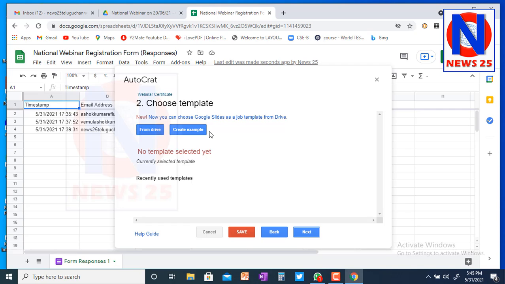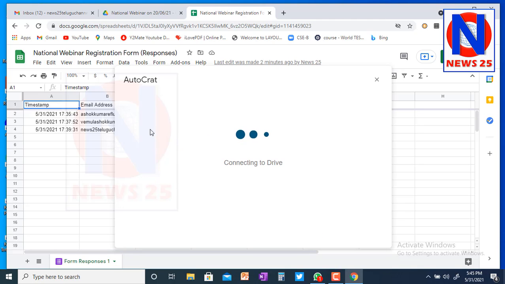We have already created a template for the certificate, and I have kept it in my Google Drive. So I can pick from there, or else you also can create other templates. Since I have already saved it in my Google Drive, I just want to pick it. So click on drive.